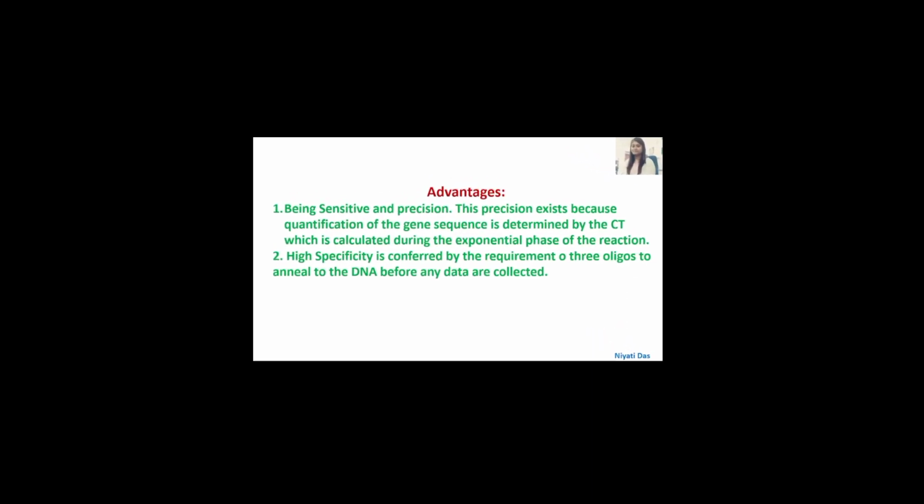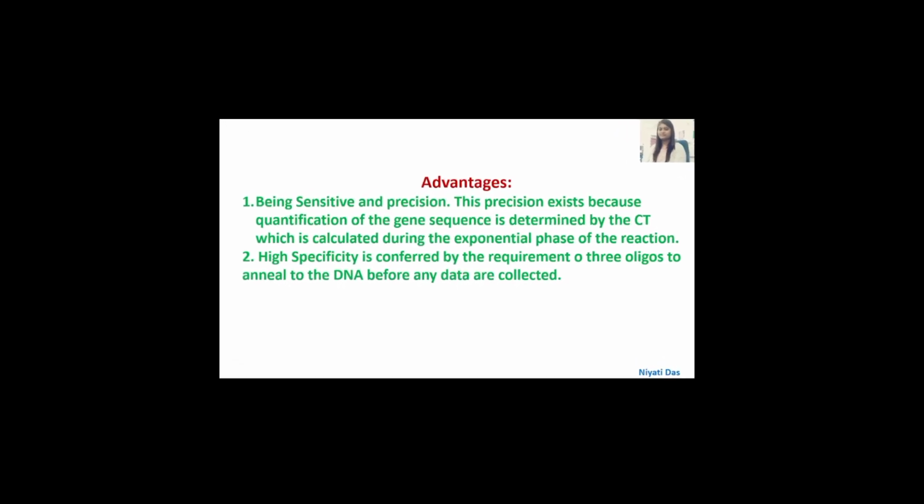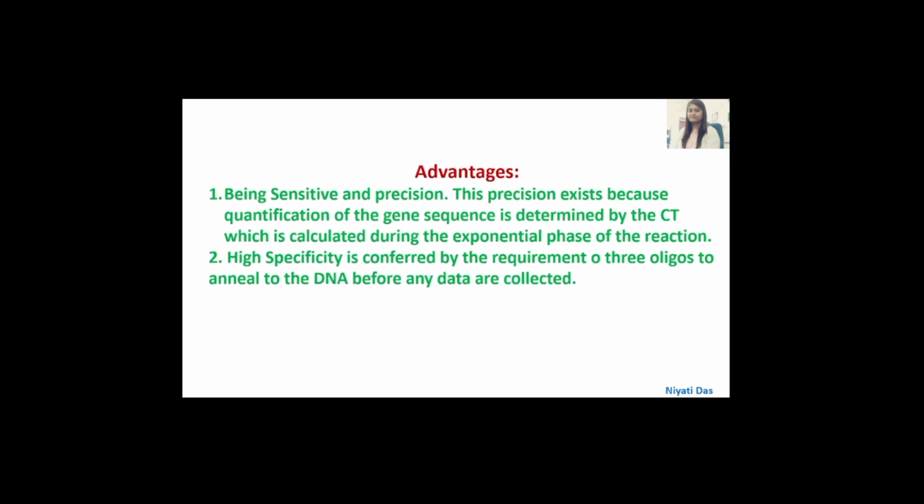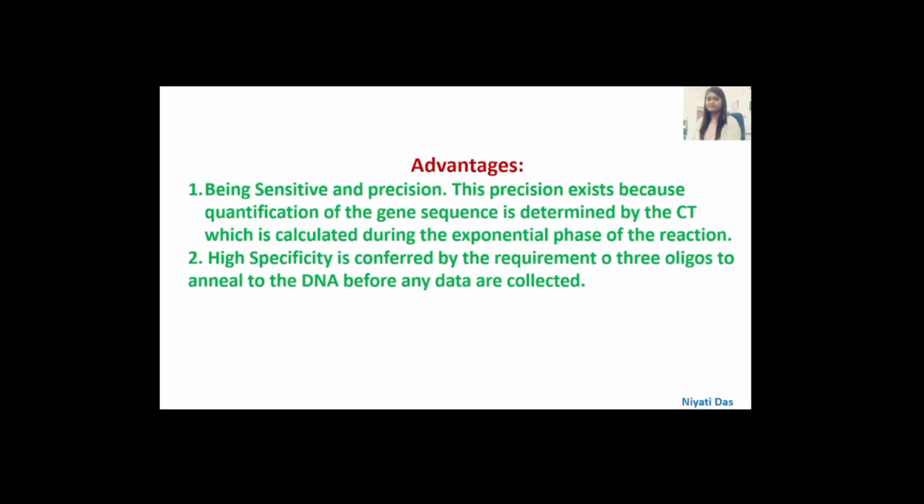Advantages of qPCR. Due to its high sensitivity, it allows the detection of low copy targets with greater confidence, and it has a very wide dynamic range, meaning 10 to the power 11 copies are detectable within a single run. The fluorescence increase is also directly proportional to the amount of template. Here no agarose gel is needed for checking the product, and there is no use of ethidium bromide or radioactive reagents.